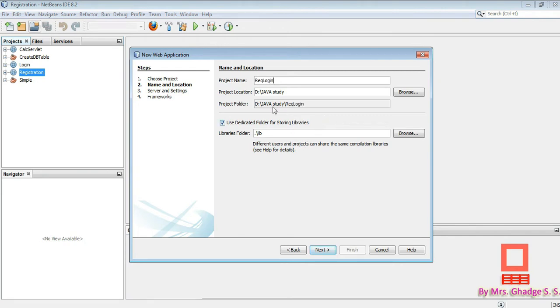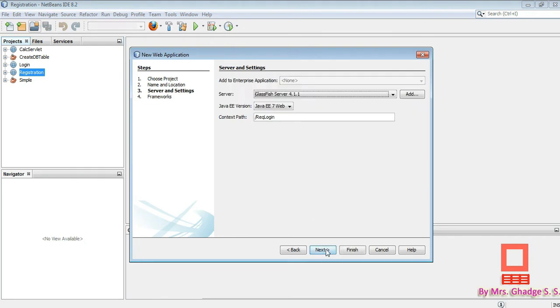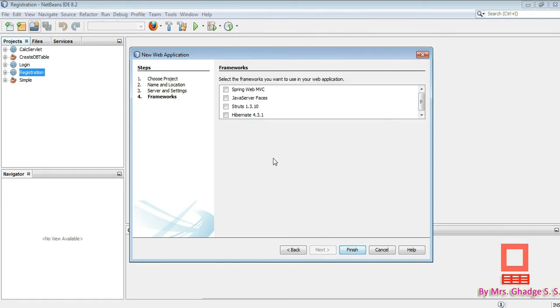Okay, then I have already selected the project location, that is d:/Java study. Just click on next. Here we do not have to change anything, just click on next. Here also we do not need to select any framework, just click on finish.